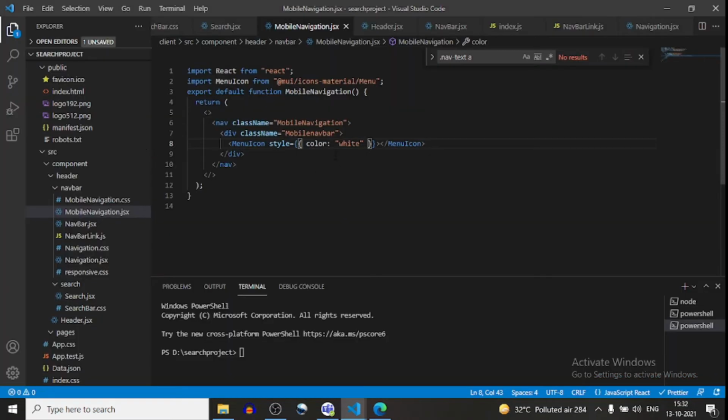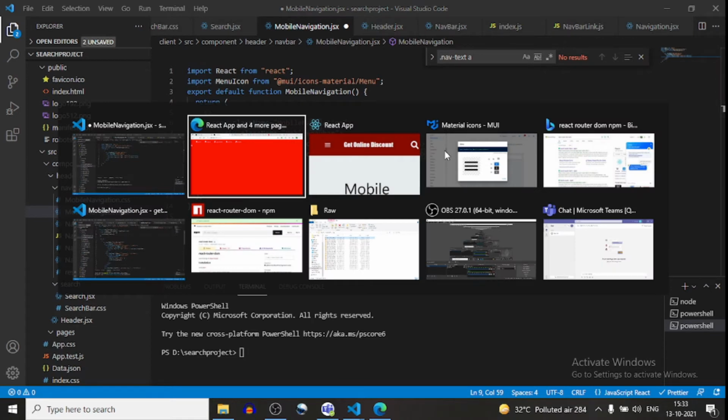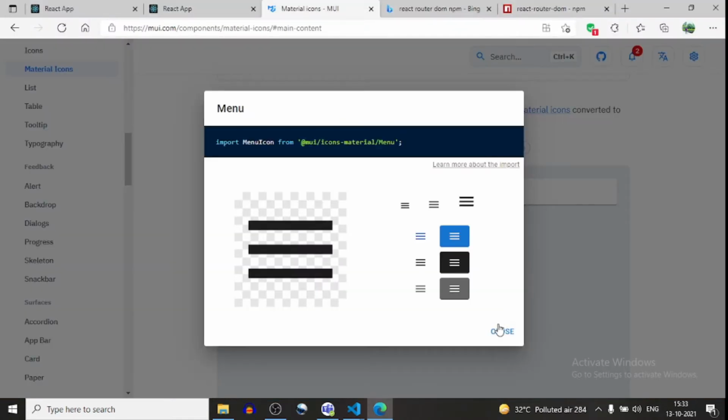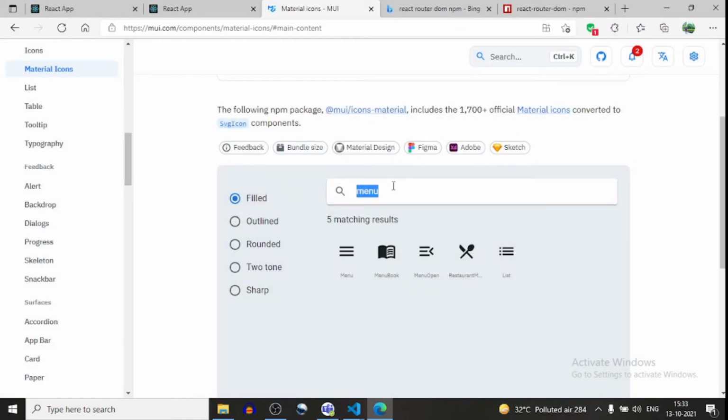All right, so I will create two icons. First is for the menu icon, and the second is for close. Now here I will go and search close.